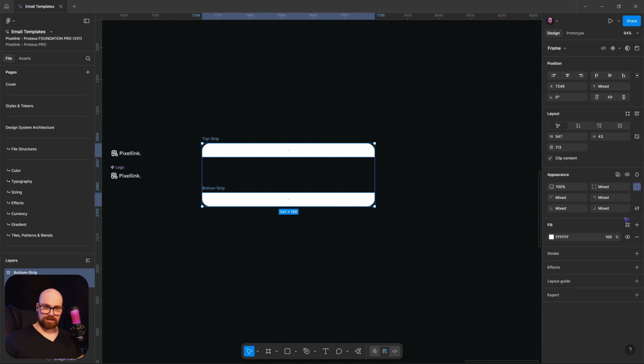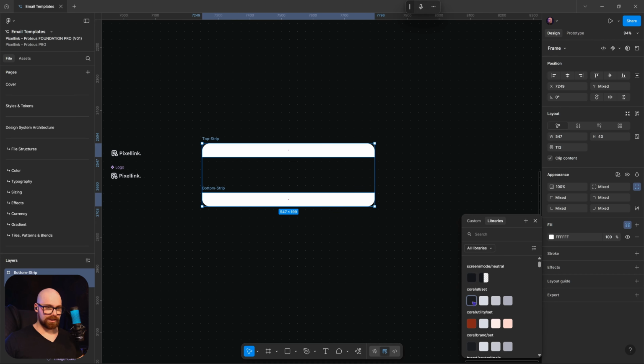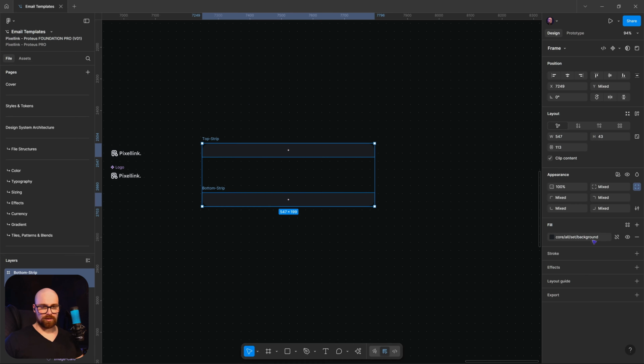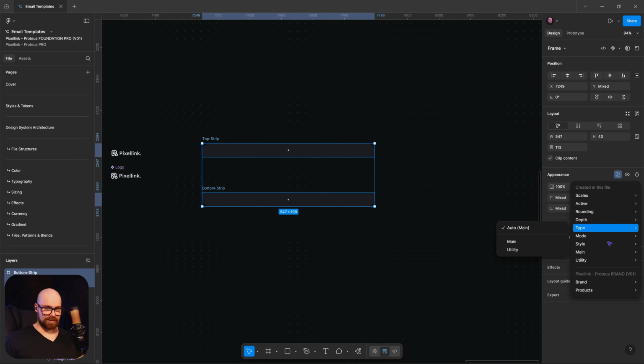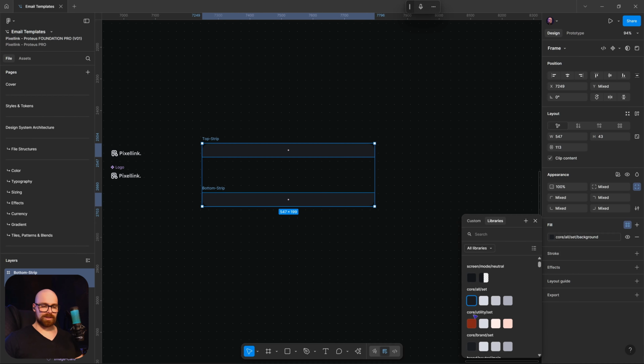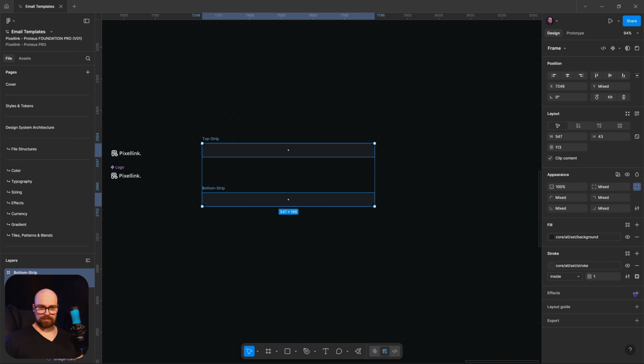We can click both of those two. We can apply our core color. So in the Pixellink Design System, the core color allows us to access all the different types of color and styling values and properties. So you'll find that I'm using this most of the time. Now I'm going to click apply my border,